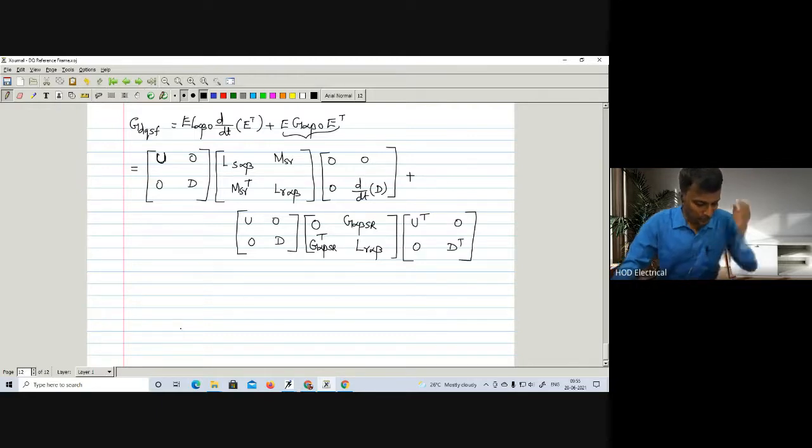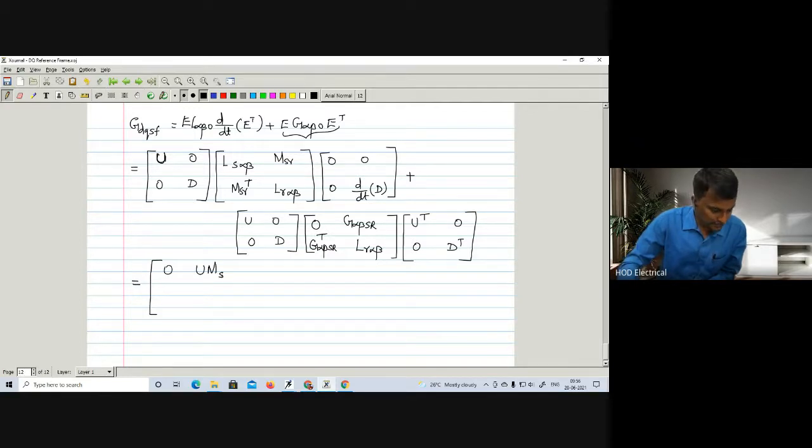If you do all the multiplications and add these two, we will get the matrix 0, U MSR d by dt of D matrix, then 0, D LR alpha beta d by dt of D matrix,